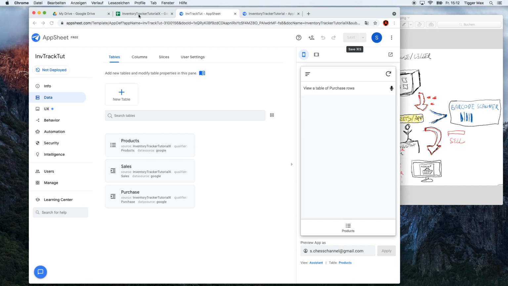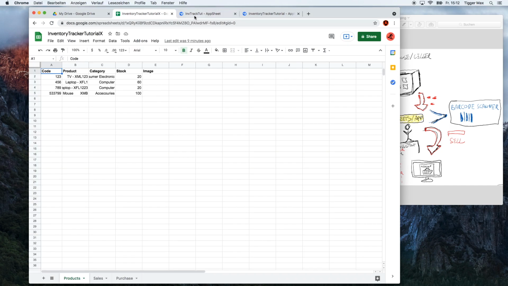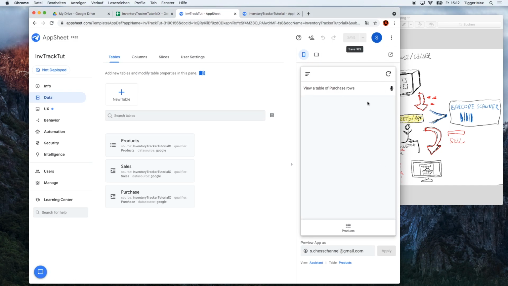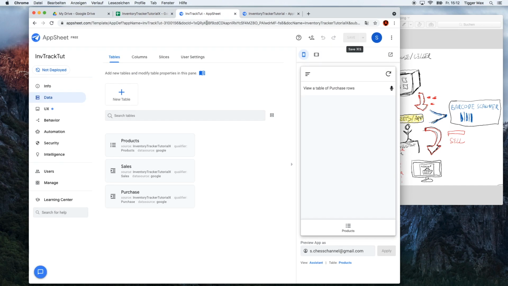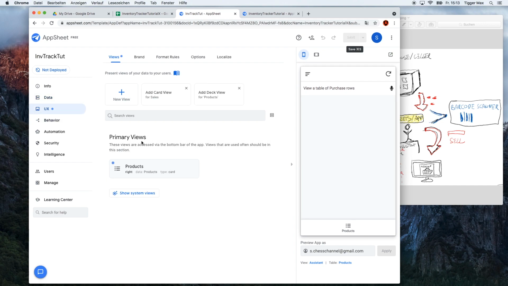Okay, so first for the images, because we want to have some images in our app, you need to go to here, the products, and you need to make a column called image, and here you have the option to upload images for each of the products if you want to have. After, when you do the data, you go to the UX, so the user experience part,